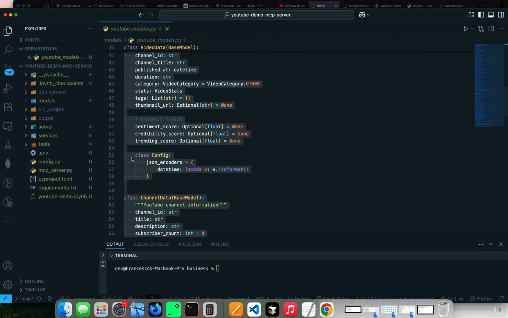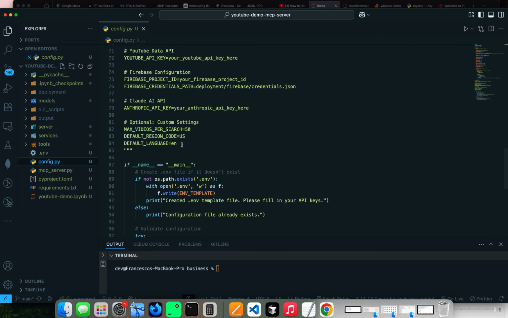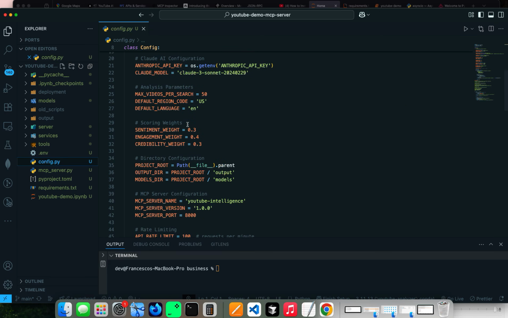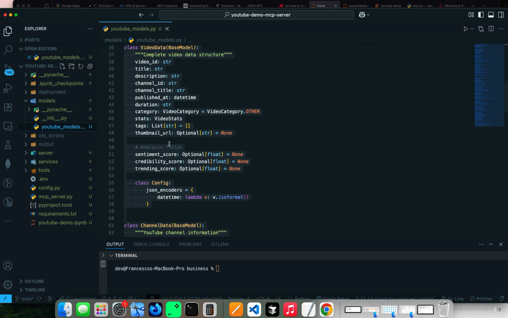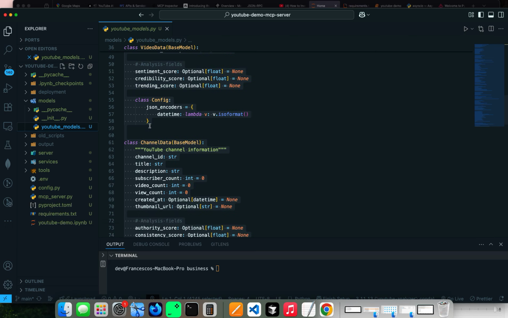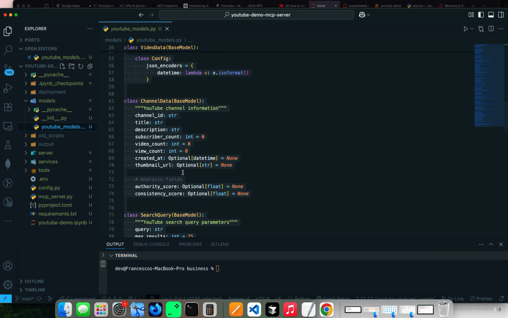This is where the calculation is done, from the config file, from this thing right here. The scoring weights, that's where they're coming from. And this keeps going down, the encoding, channel data,